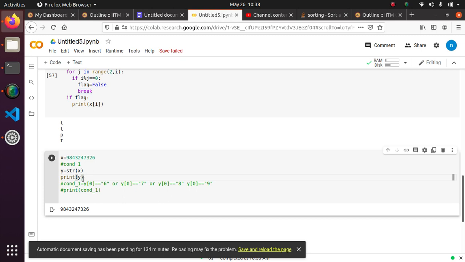Then print of y of 0. Let's see. Okay, see, I forgot an or here. I forgot to put an or. So this could be the reason. See, it's trial and error. Coding, you will do this. You do like this.